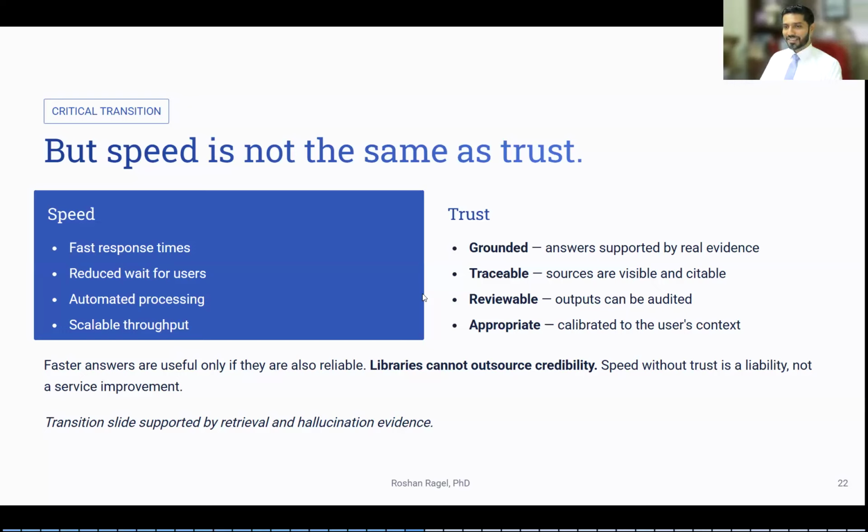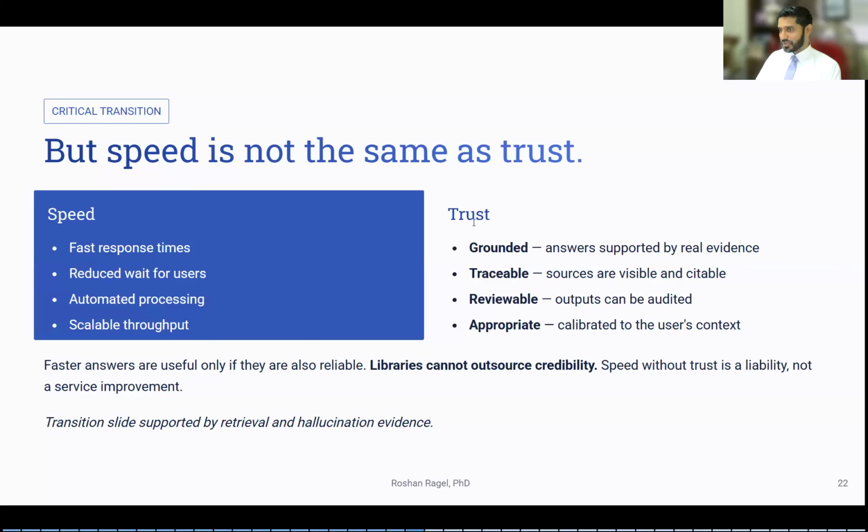So if you want to just do faster, we can use not so reliable resources, not so reliable tools, and go ahead with it. But the point here is to do this reliably with trust. So fast, yes, it's needed because the users want fast. They want fast response time. They want reduced waiting time. They want automated processing, not to wait for people to come and do things, not to wait for people to take a lunch break and come and so on. But at the same time, they also want the trust and scalability.